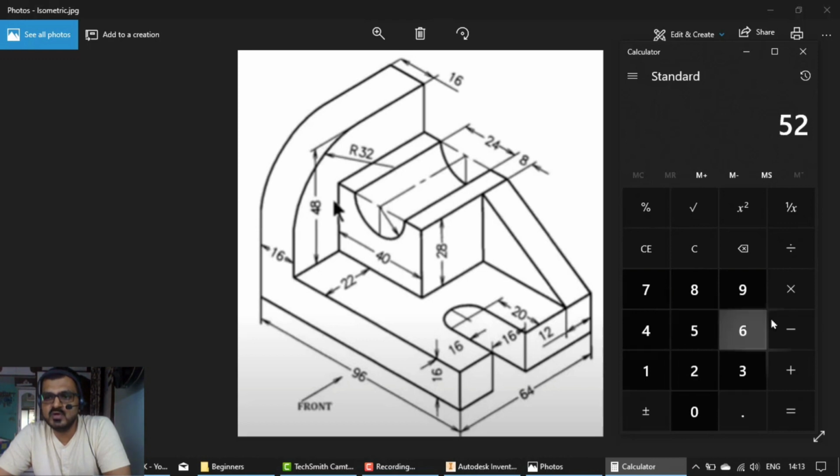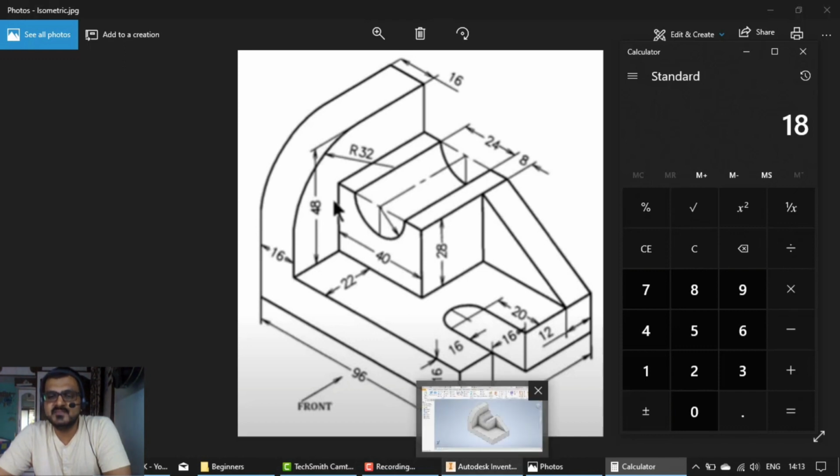So 52 minus 16, that is 36. So 36 is divided into two halves. One is this, second is this. So 36 divided by 2, that is 18. So this point comes at 18 mm from this distance. So this is 18 and this is again 18.